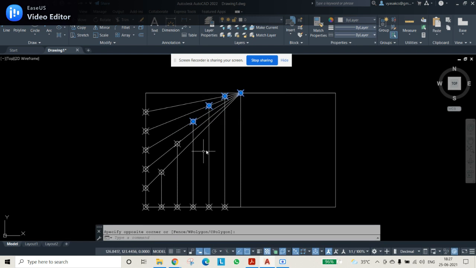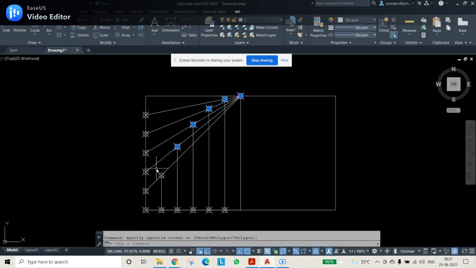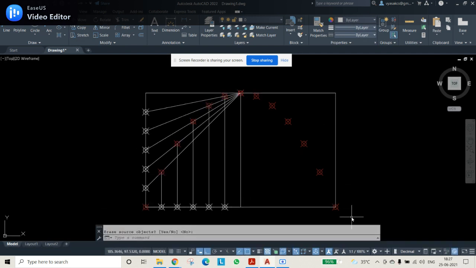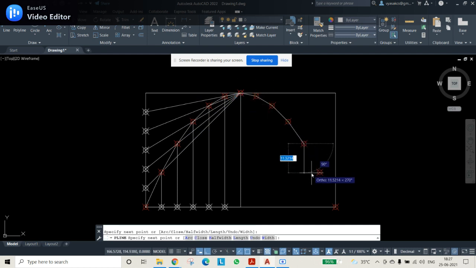You can select all these points which are there and give some separate color in the properties toolbar, and use the mirror command along the central axis and press enter. Then all the points are obtained for the parabola. Then you either use polyline or the spline curve to join all these points, to get a parabola which is inscribed in a rectangle, that is nothing but the oblong method.